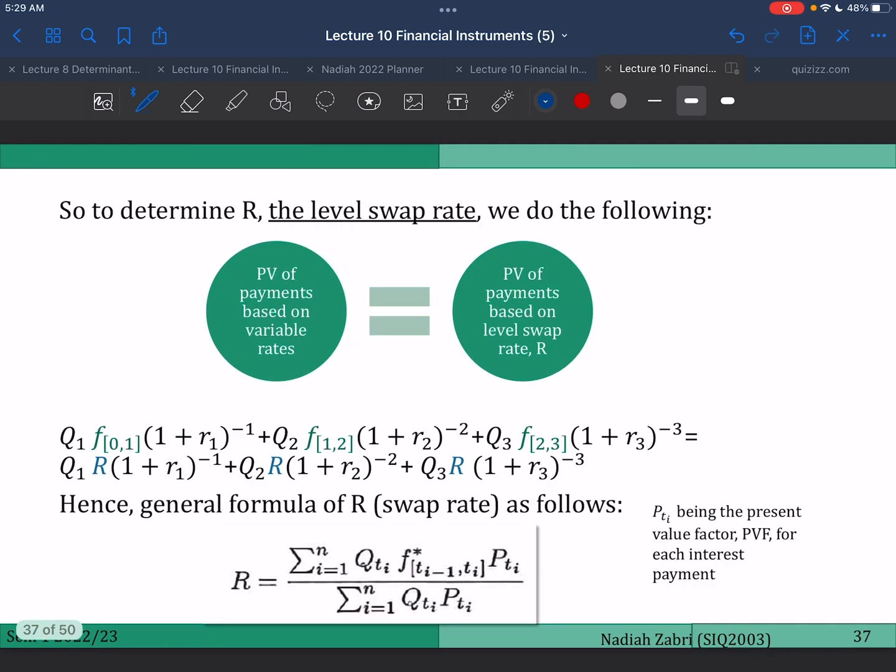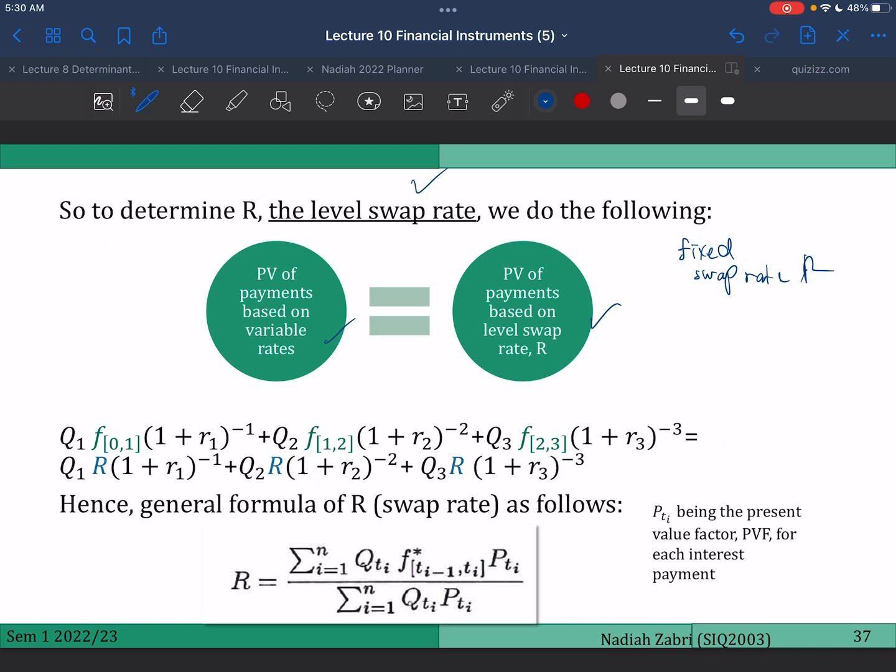Okay, let's see what the assumption is under the SoA syllabus. What is the assumption when they want to set the fixed swap rate? They call it R, the level swap rate. So this is the assumption that they are using when they want to set the swap rate. The present value of the payments based on the variable rate has to be equal to the present value of the payments based on the